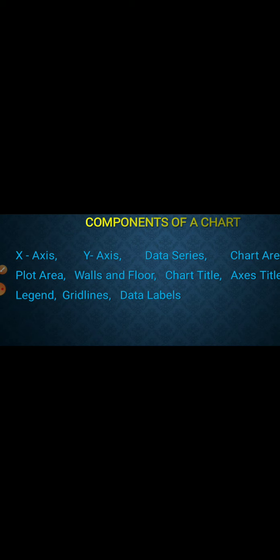Next, legends. The legends help you identify various plotted data series. The unique color or pattern which identifies the data series is known as a legend. Then grid lines. These are the horizontal and vertical lines in the plot area.